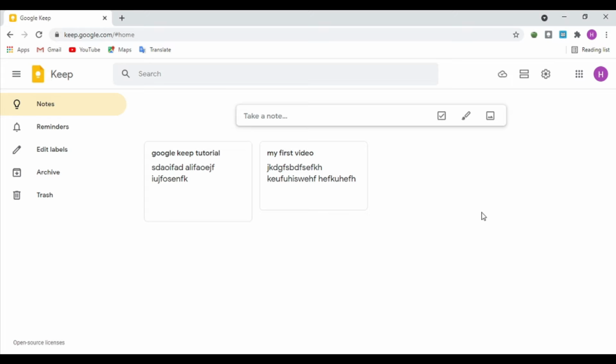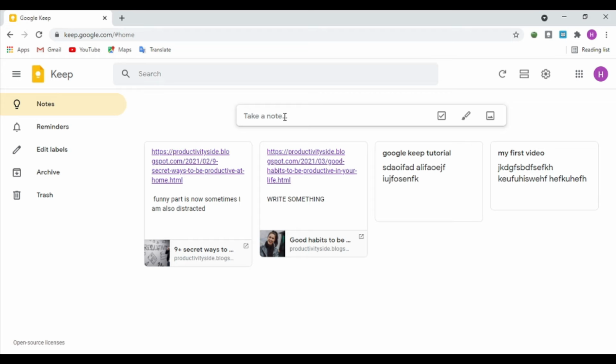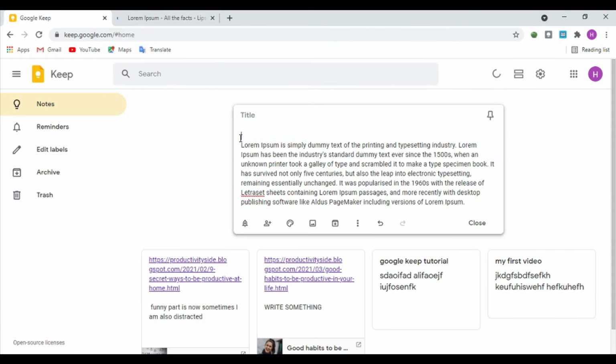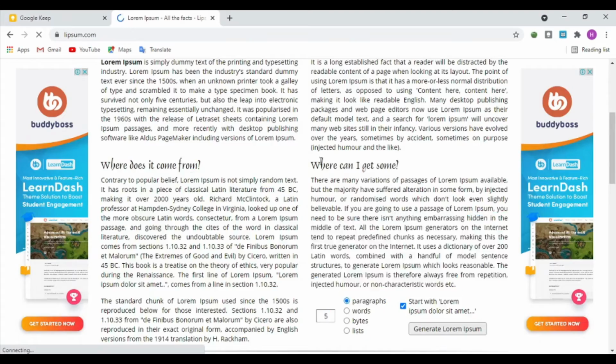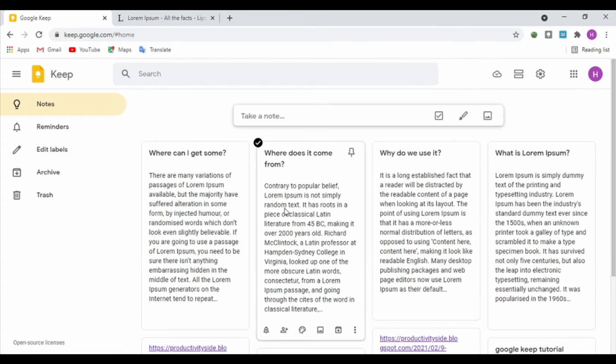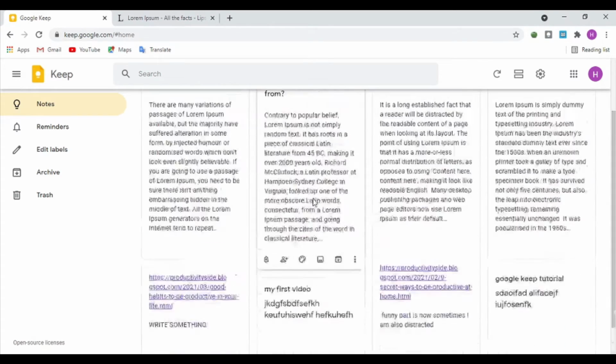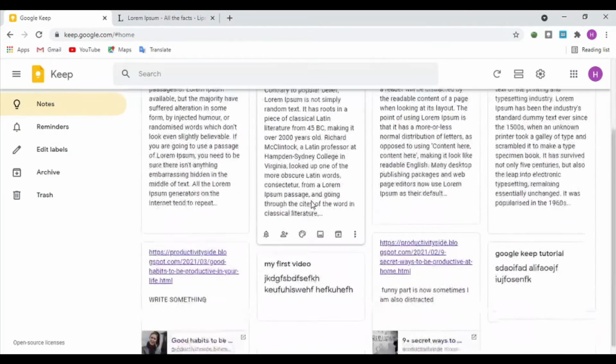We are going to see some of those notes in the whole video. So let's take some more notes to know this app better. We will add some dummy text in the account, so you can see a better overview of this app. So this is the overview in the desktop version.